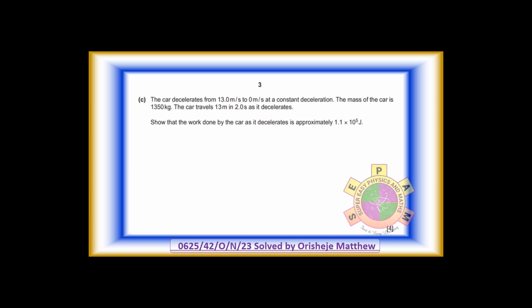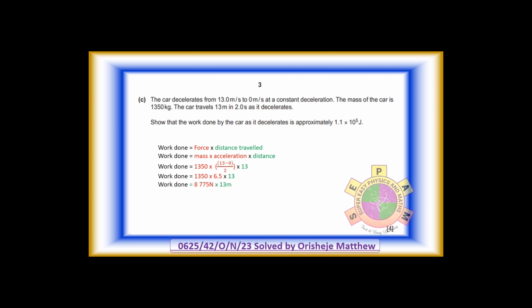joules. For 4 marks. Work done is equal to braking force multiplied by distance traveled by car. Work done is equal to mass of car multiplied by acceleration times distance. Work done is equal to 1,350 multiplied by (13 minus 0) divided by 2, times 13. Work done is equal to 1,350 multiplied by 6.5 times 13. Work done is equal to